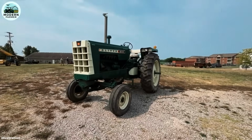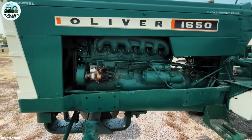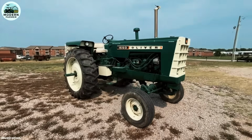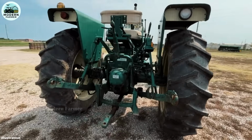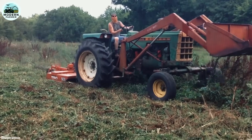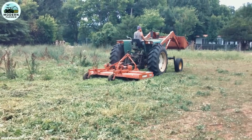The Oliver 1650 is powered by a 283 cubic inch, 6-cylinder Waukesha Oliver engine. Depending on the fuel choice, gasoline, diesel, or LP gas, the machine produces between 65 and 70 horsepower at the PTO shaft, enough to pull a 3-pan plow, a manure spreader, or operate a lawn mower with stable performance. The machine runs smoothly, has good torque, and is especially easy to start in cold conditions, a big plus for